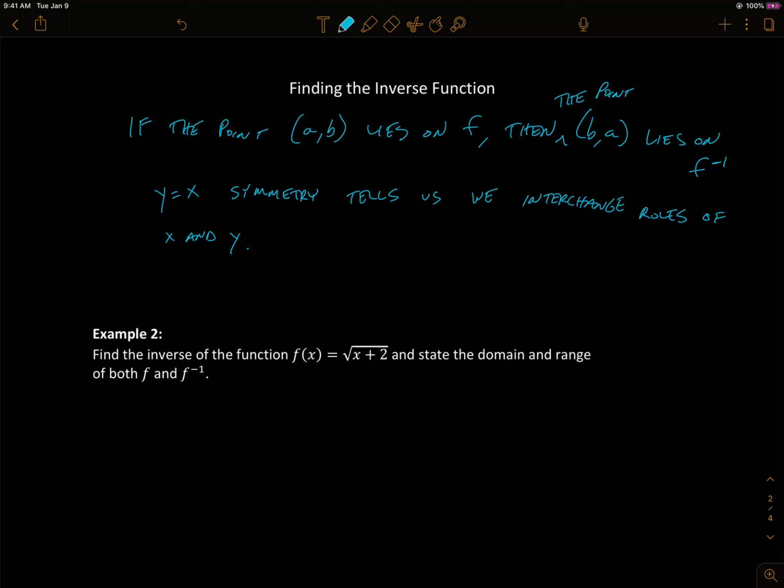So algebraically, that means we should do the same thing. So to find the inverse algebraically,